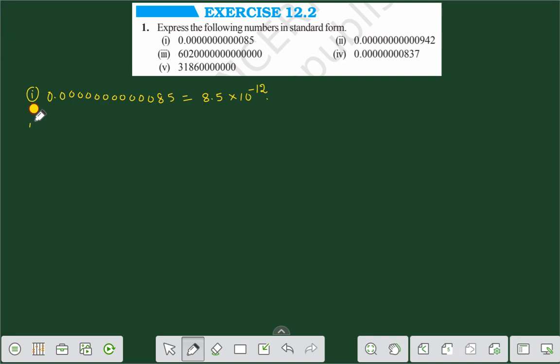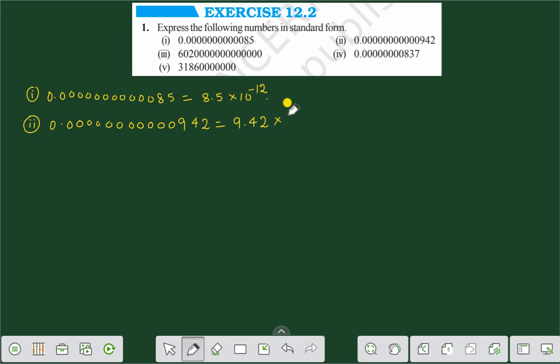Now we'll write question number 2. Question number 2, here you see how many zeros? 1, 2, 3, 4, 5, 6, 7, 8, 9, 10, 11 zeros. Then 9, 4, 2. Therefore, it can be written in standard form as 9.42